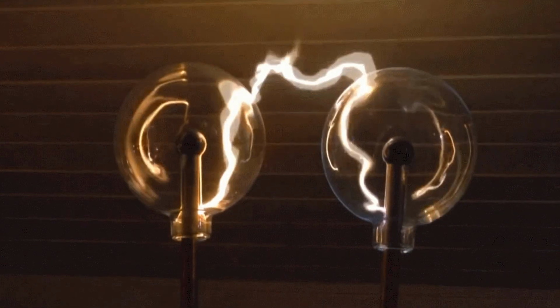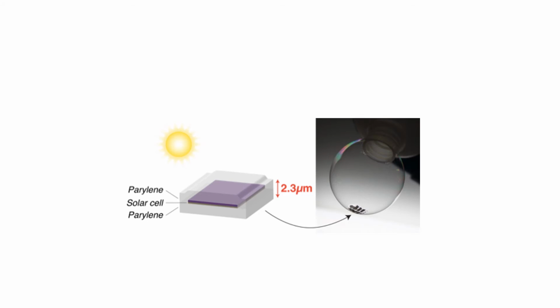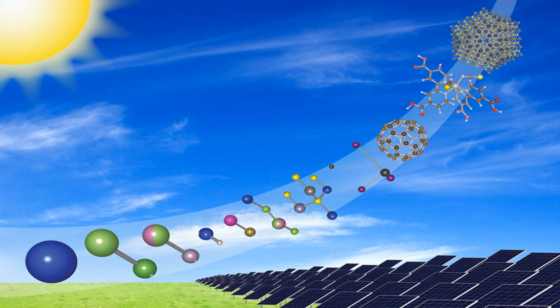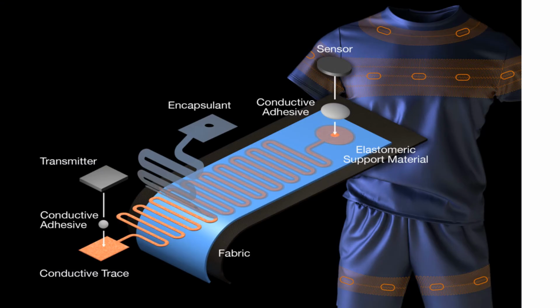Recently, researchers have produced ultra-thin, flexible solar cells that are only 1.3 microns thick, about 100th the width of a human hair, and are 20 times lighter than a sheet of office paper. In fact, the cells are so light that they can sit on top of a soap bubble, and yet they produce energy with about as much efficiency as glass-based solar cells, scientists reported in a study published in 2016 in the journal Organic Electronics. Lighter, more flexible solar cells such as these could be integrated into architecture, aerospace technology, or